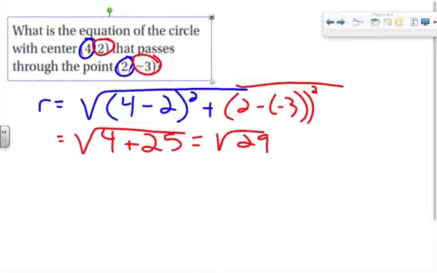And one of the things that I stressed heavily to my students is that there is absolutely no reason to touch my calculator at this point and try to figure out what the square root of 29 is. Because look at what the equation of a circle does to the radius. What does the equation of a circle do to the radius? It just squares it back anyway, okay? And you should know that when you have a square root and a squared, those two things cancel each other out. So then your equation is just 29 equals x minus,